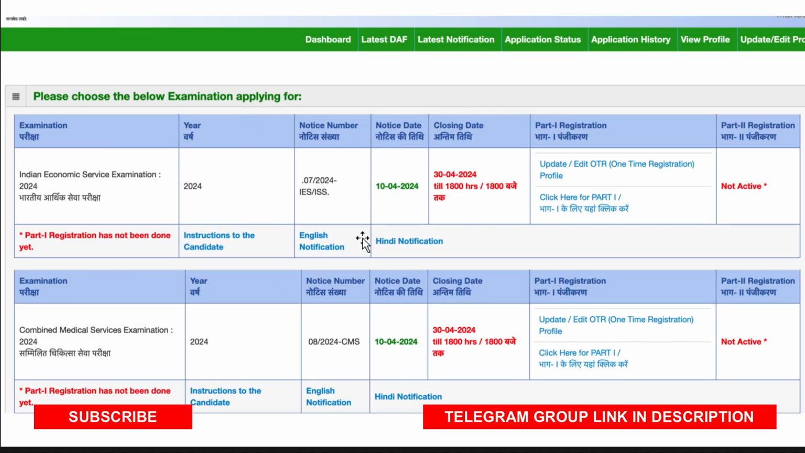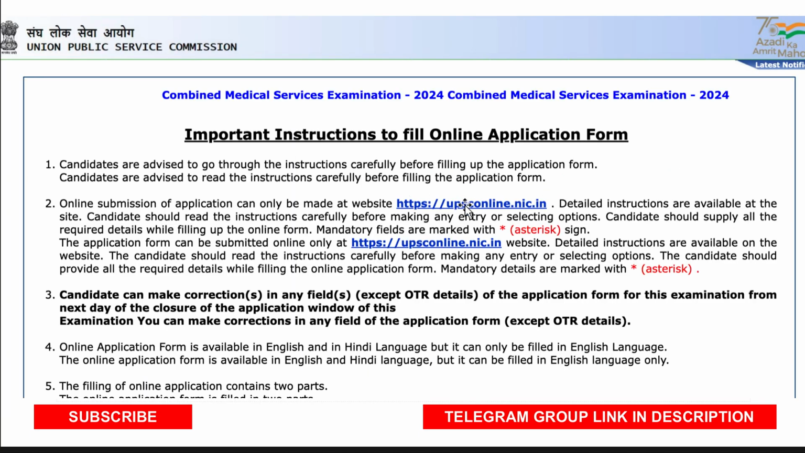So these are the latest examination notifications. In that you will see this Combined Medical Service 2024. Just click here for part 1 registration. So you'll have to go and click here. Once you click this, you will be directed to a page like this, and again you will be getting the